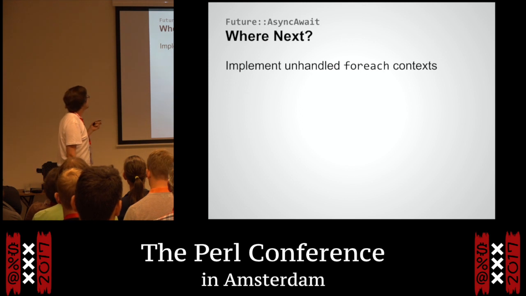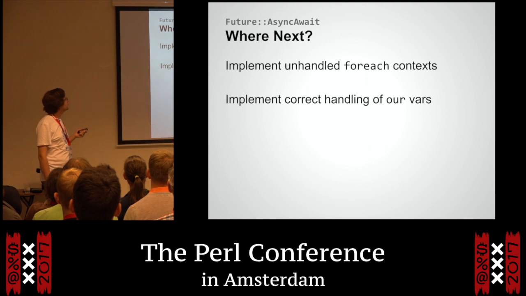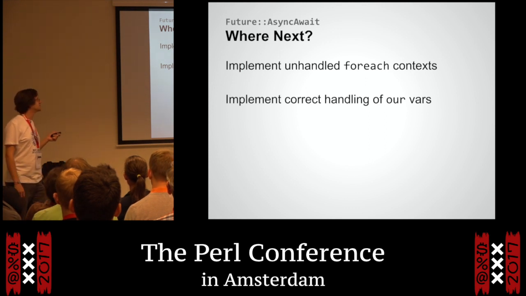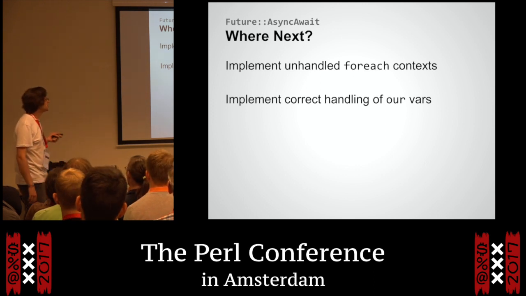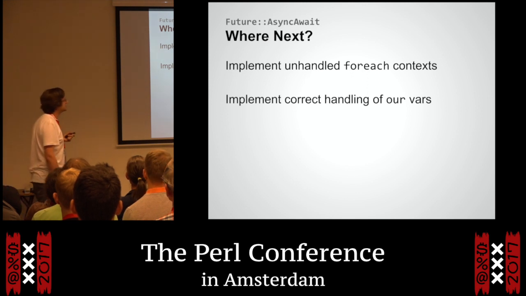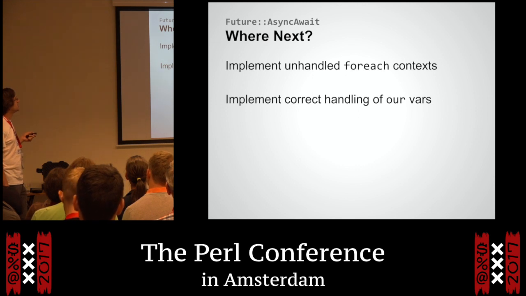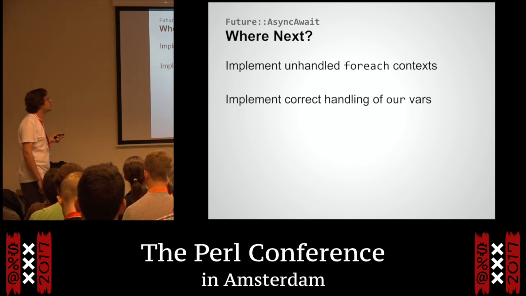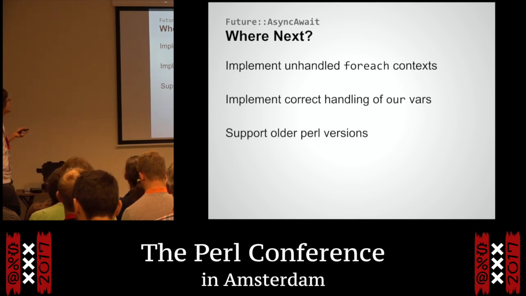So what I want to do next? Well, first of all, I just need to handle these for each context. They're not hard. I need to find what the bug is with these our variables, because some of them work, some of them don't. And I've not found any pattern to which ones do and don't work. One of the many stacks is called the save stack, and the save stack is kind of where local and various things go. It's a bit weird and subtle, but it seems that the save stack is somehow related to our variables. I'll explain it later.